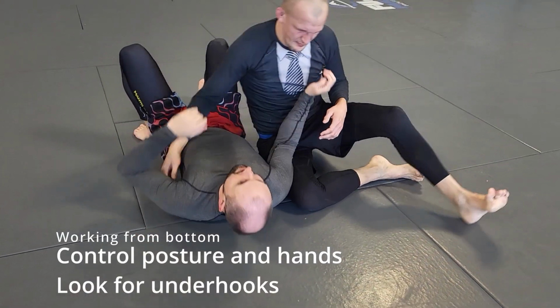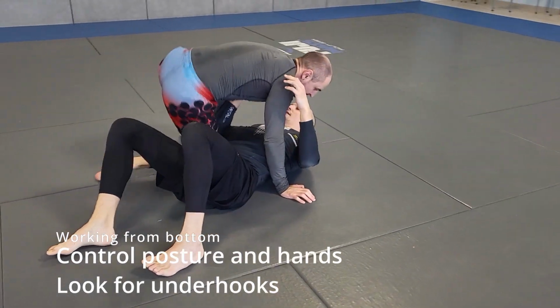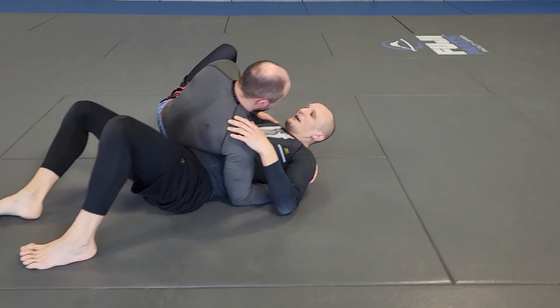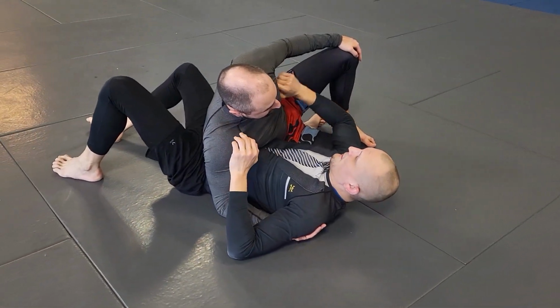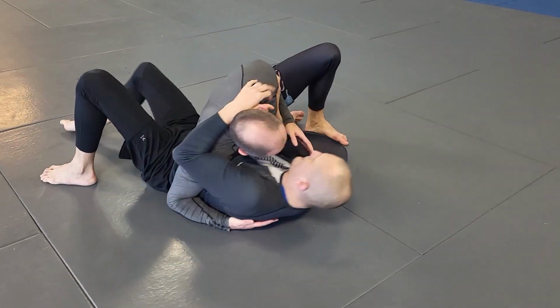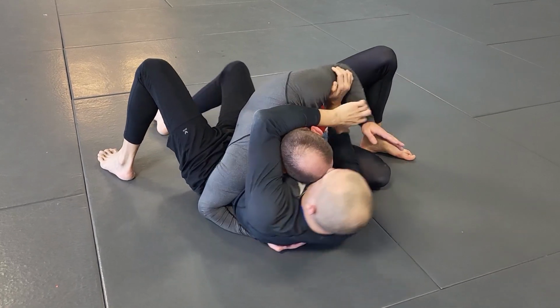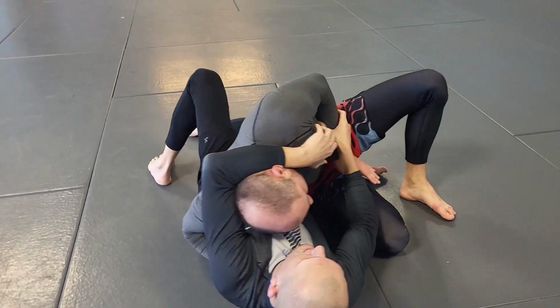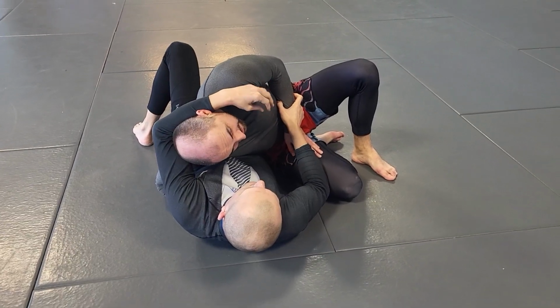Now from the bottom. If I'm in here, I can't just push him away because he's going to slap me, and this is going to be very uncomfortable for me. What I want is to keep him close and behind my elbows. Now when he tries to slap me, I move my head out of the way and try to push him towards my legs. And as he's walking towards me,